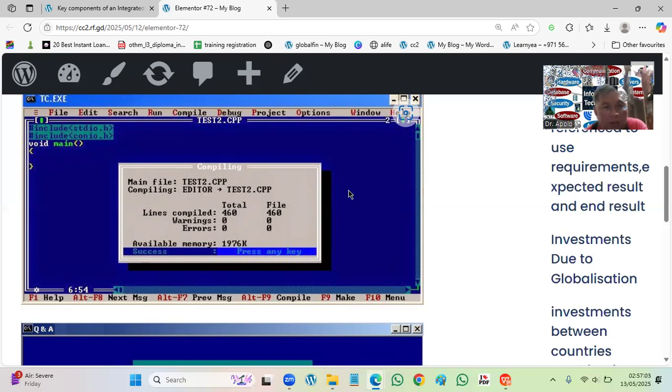These are the tools, actually, to make program development easier. Every language, Java, Python, has its own. The one I showed you is Turbo C, TC.exe. Turbo C was one of the famous ones during the 80s. It's very famous. But still, this one is running.